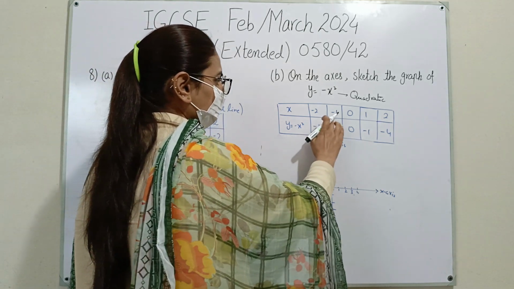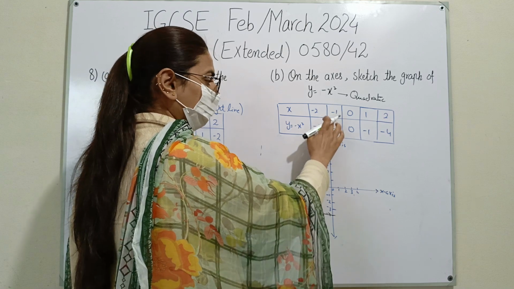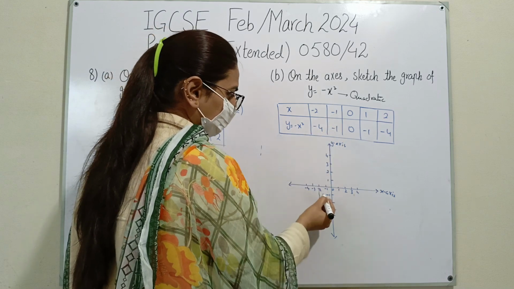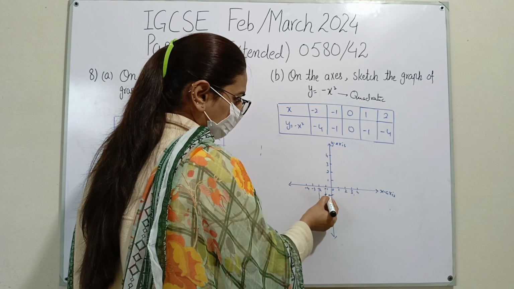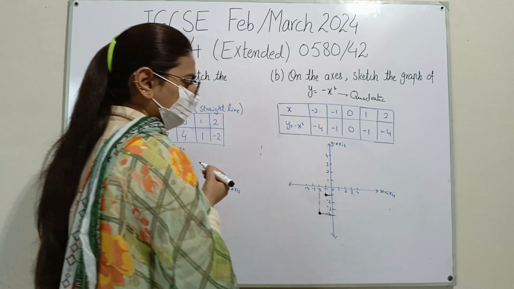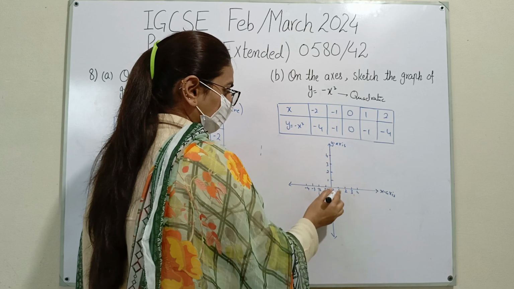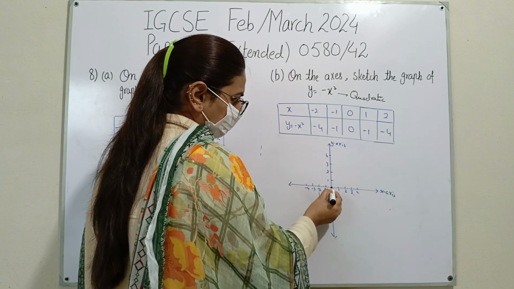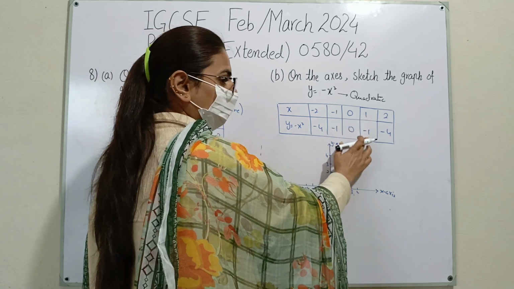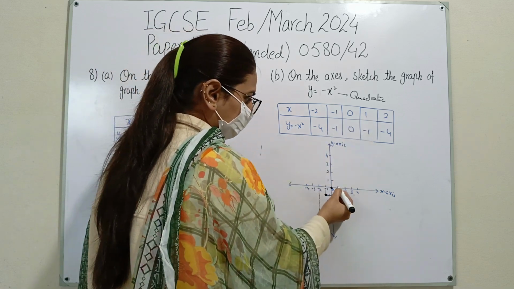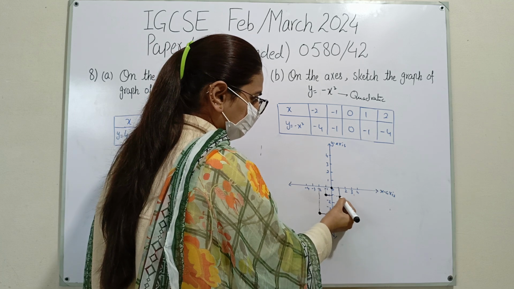In the same sense, when you have minus 1, you will plot minus 1. By taking x as minus 1, you are getting y as well. So approximately this will be the point. When you have x as 0, the same is the reflection of y, so it will be the origin over here. When you have x as 1, the value of y is minus 1. It means x is 1, value of y is minus 1, the point will be plotted over here.